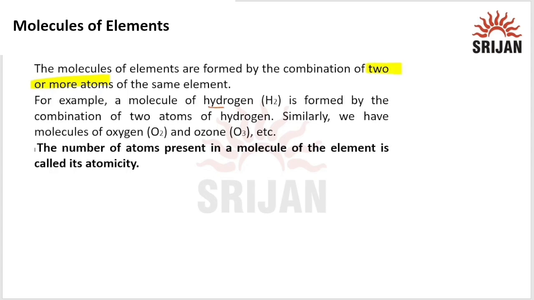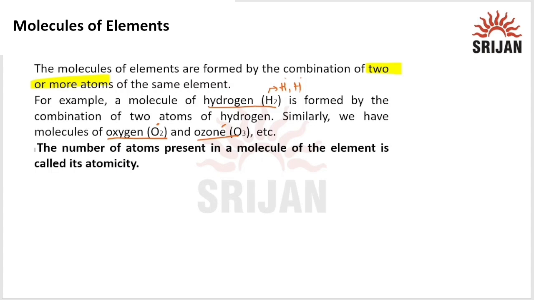For example, hydrogen. Hydrogen has only hydrogen and hydrogen atoms. However, it may contain a proportion of some isotope of hydrogen, but overall it is composed of similar kinds of atoms, and is formed by the combination of two atoms of hydrogen. Similarly, we have the molecule of oxygen, the combination of two oxygen atoms, and ozone, that is three oxygen atoms. It is to be noted that ozone is less stable in comparison to oxygen.